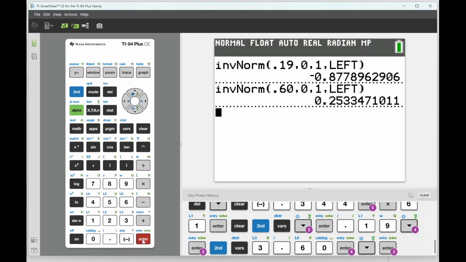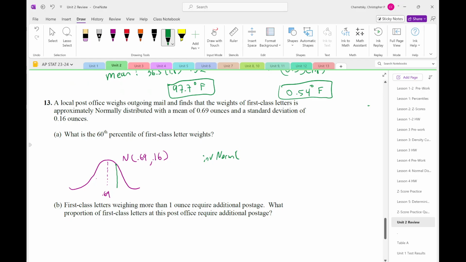And that gives us a z-score of 0.25. Okay. So then I need to convert that into actual weights. So plug that into our z-score formula. So that's